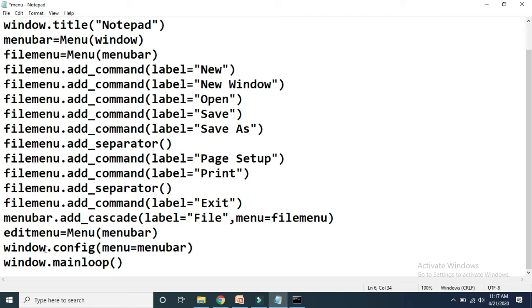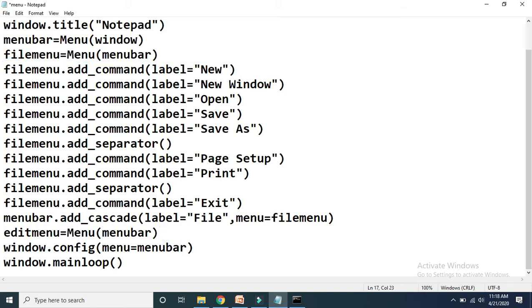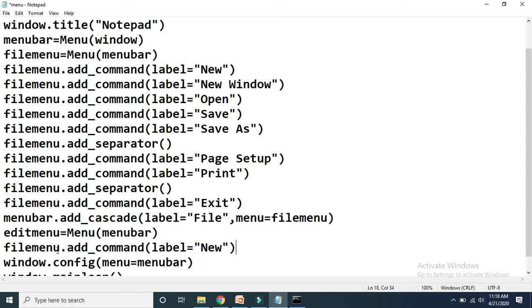So if in the edit menu I want to add undo, then using the edit menu we have to call add command. So here you can copy and paste this line, replace this file menu by edit menu, and which option we have to add? We have to add undo.